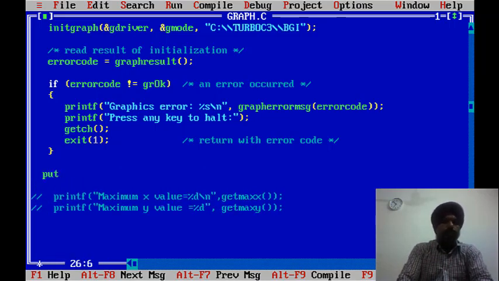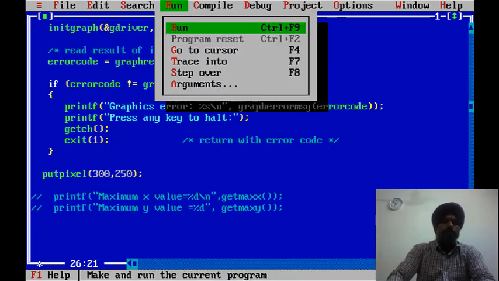If I use the putpixel function here and write the coordinates, we have 640, so I write 300, and the maximum value of y is 480, so I type 250 here, and then run the program.